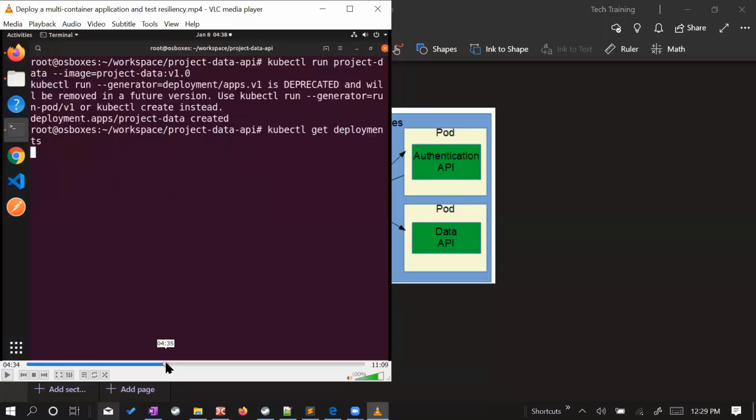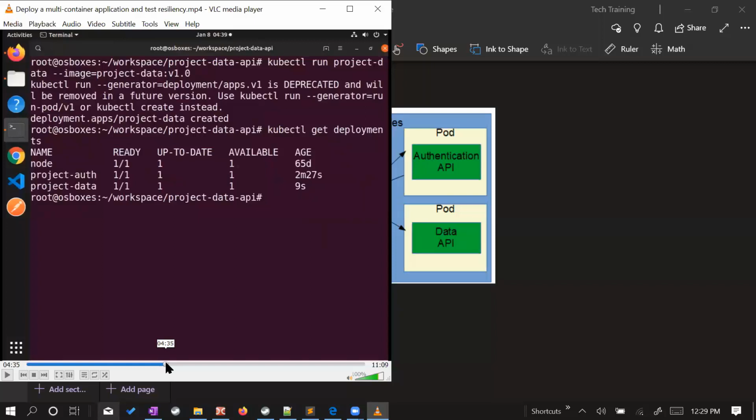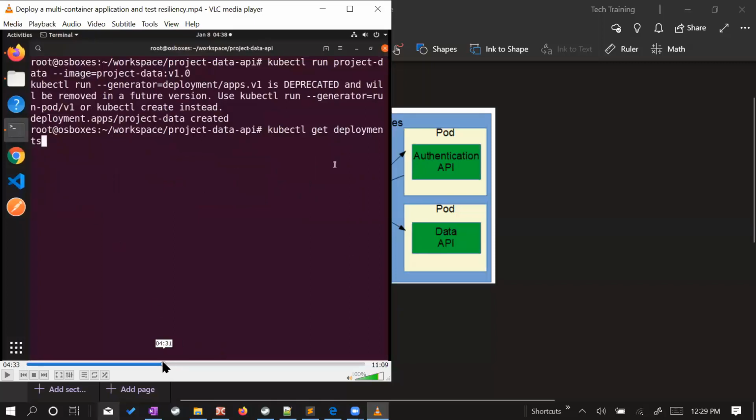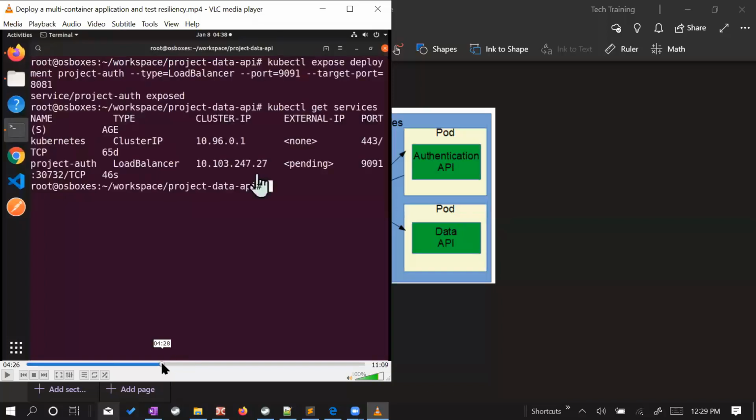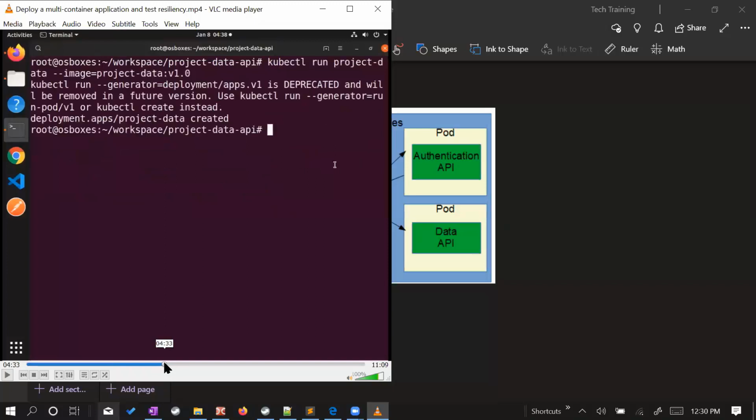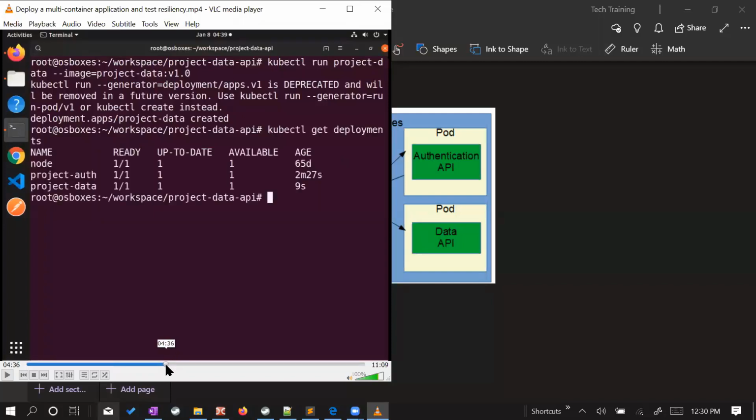Next, we need to do the exact same thing with our data service. So we have already deployed our... it's actually here, the kubectl run command. This will basically deploy our data service as well, or data microservice. And once we are done deploying our service, you can verify that you do have the second deployment,